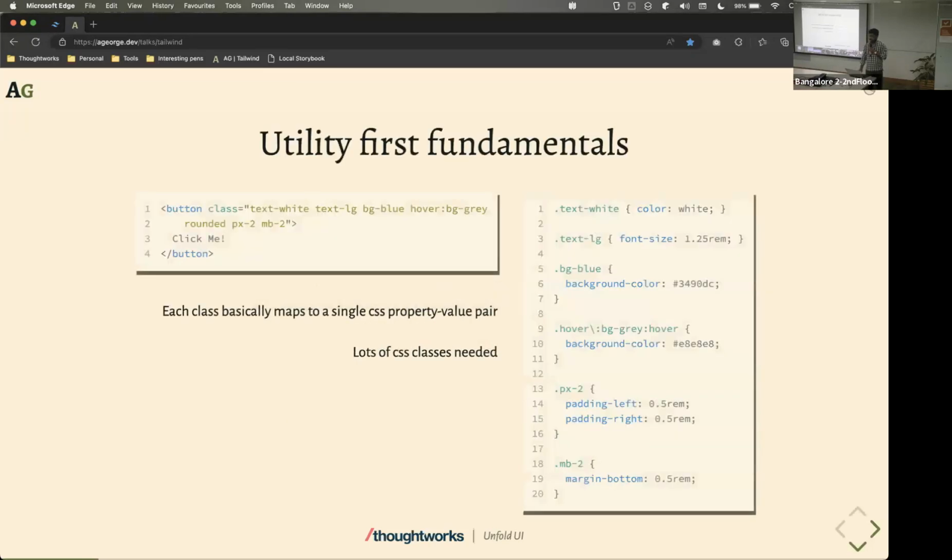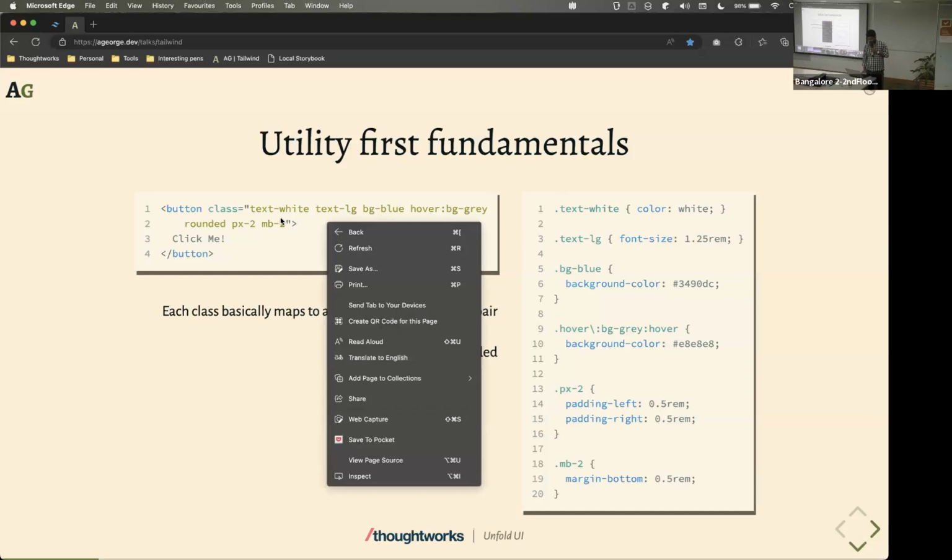Fundamentals, right? So Tailwind is a utility-first framework, right? So what does utility-first CSS mean? It's not basically something that Tailwind came up with, right? It was there earlier also. So in utility-first CSS, what happens is you basically create